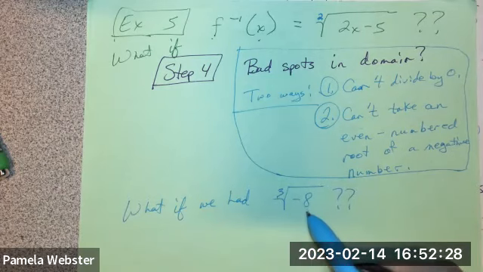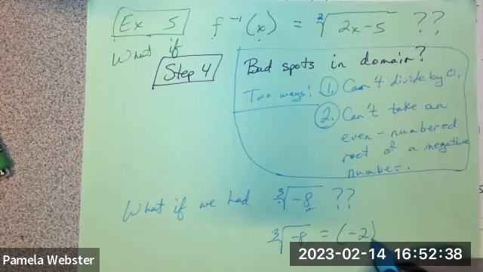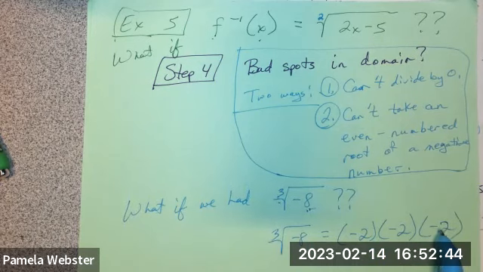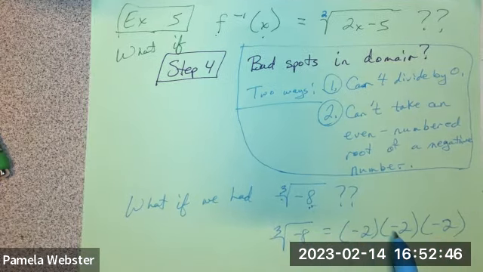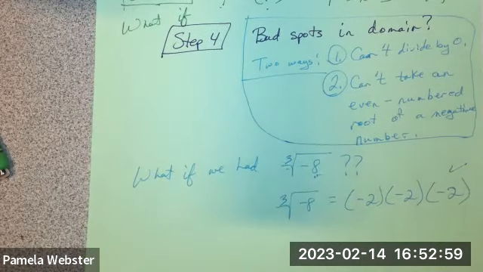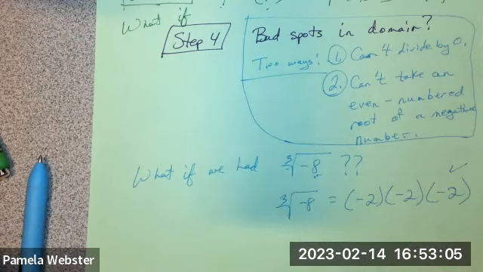And what this means is find some number that I multiply by itself 3 times and it gives me negative 8. So the cubed root of negative 8, we actually can do that. Negative 2 times negative 2 times negative 2. That's okay. Because a negative times a negative is a positive, and a positive times a negative is a negative. So that gives me the negative. Okay, that works. And then 2 times 2 times 2, well, 2 times 2 is 4, times 2 is 8. That works. So I can take odd numbered roots of negative numbers. That's why this says very clearly